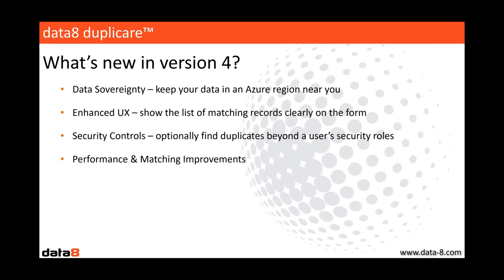We've also introduced this idea of an extra security control. When you are configuring your rule, you can select whether you want to only find records that the user who's creating the duplicate is allowed to see, or whether they should get a notification that they're creating a duplicate even if they're not allowed to see the record that it's a duplicate of. It's a specialized use case, but as Matt explained, it's not leaking details of that record, other than that there is one there that is a duplicate.